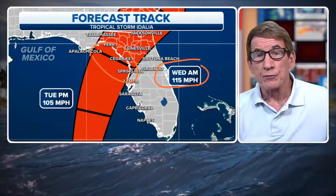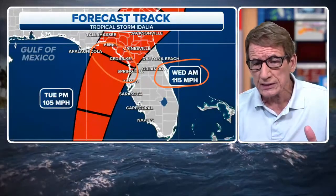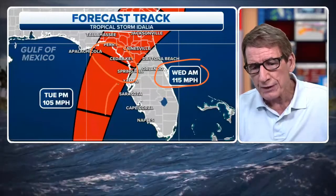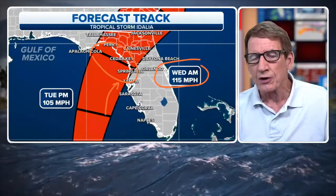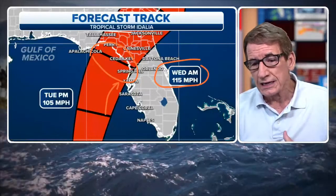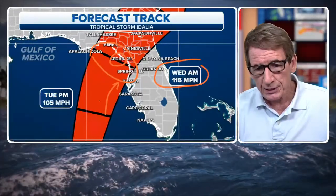And this AM refers to nominally 8 a.m. in the morning on Wednesday. So if it were to come on the right side of the cone, it would get there sooner, maybe sunrise-ish. And if it were to stay to the left side of the cone, it would get there later. So plus or minus. The idea is that obviously Cedar Key is right in the middle of the cone, but